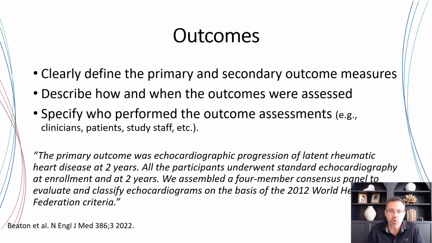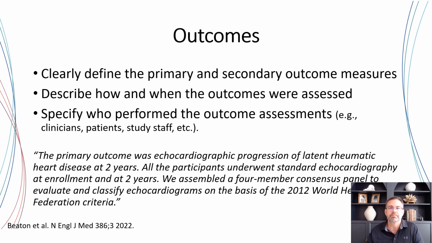We assembled a 4-member consensus panel to evaluate and classify echocardiograms on the basis of the 2012 World Heart Federation criteria. Right, so I think this is a great example because they are clearly hitting all 3 bullets that I described above